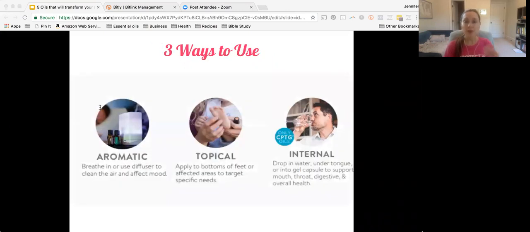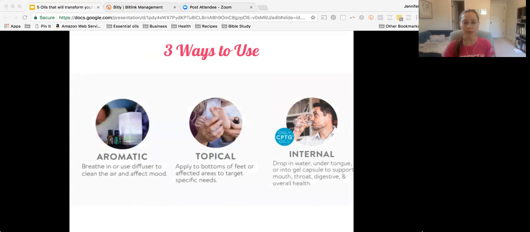All right, so there's 3 ways to use your oils, all right? And so the first way that we're going to talk about is topically. So when you use oils topically, you put them on your skin and they absorb really quickly into your skin, into your bloodstream in a few seconds, and they address every cell in your body pretty quickly within a few minutes, all right? And so that can be a very powerful way to use the oils for health benefits.